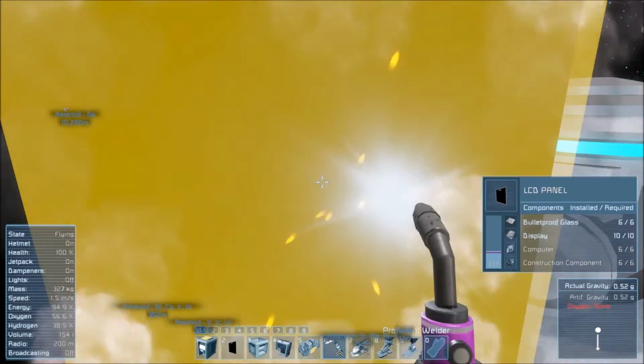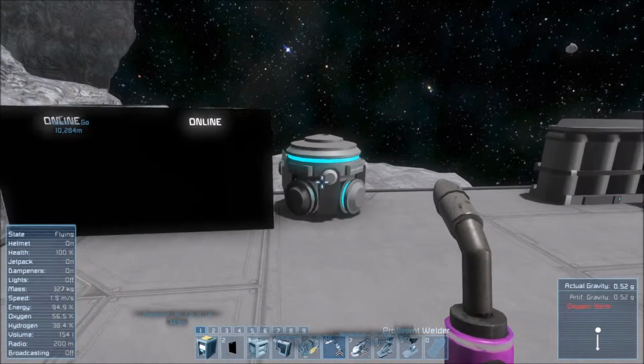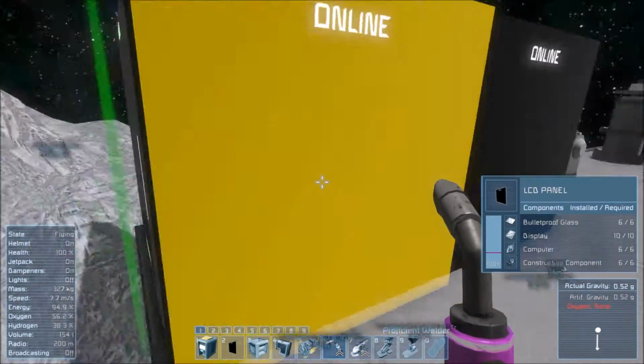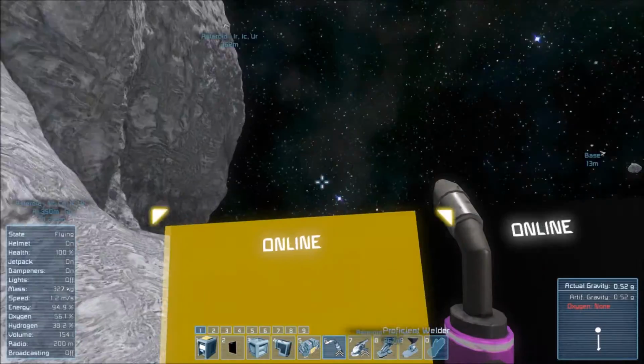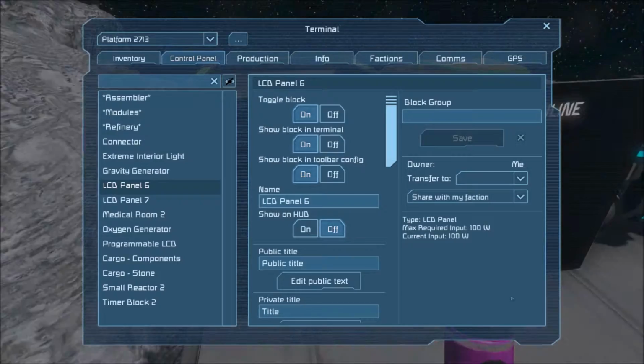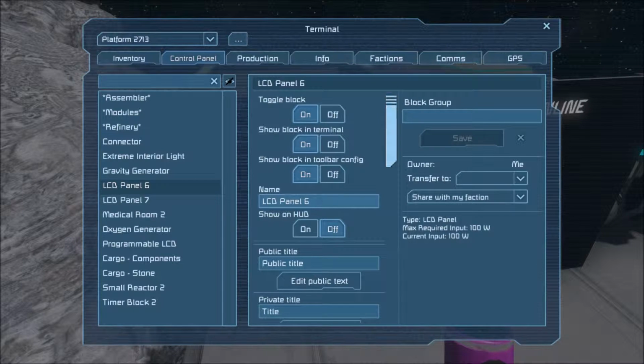So I'll place down the other one. I think I have one more, don't I? But I don't need one more. Okay, so these are LCD blocks. They're basically panels. They're pretty thin. They're seamless, so you can't really see the edge between them. That's all fun. So what we're going to do to be able to get this working with the script is